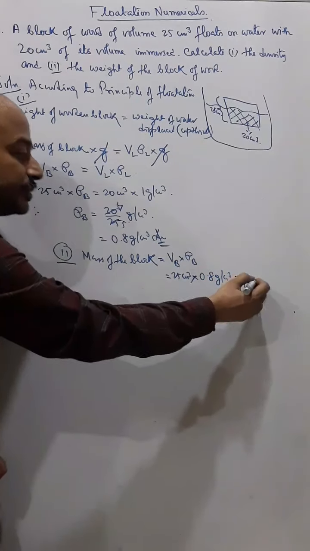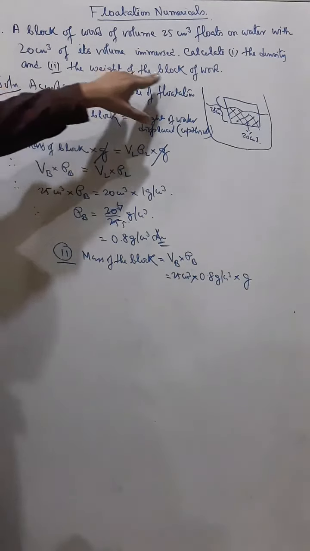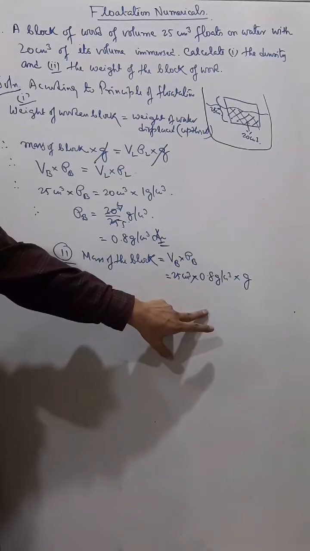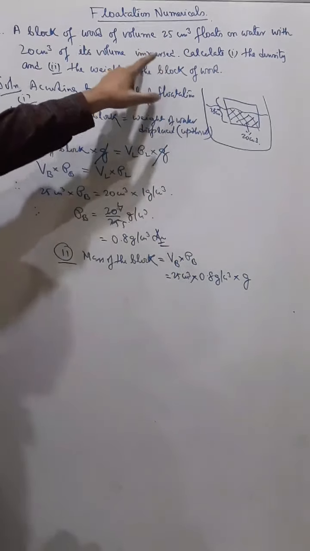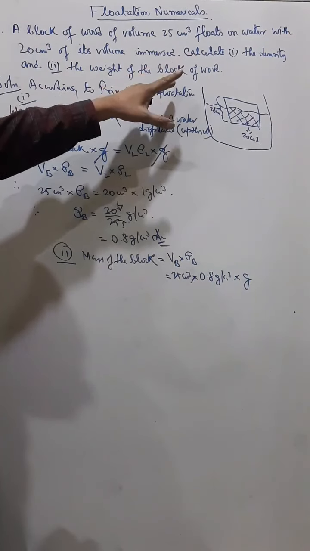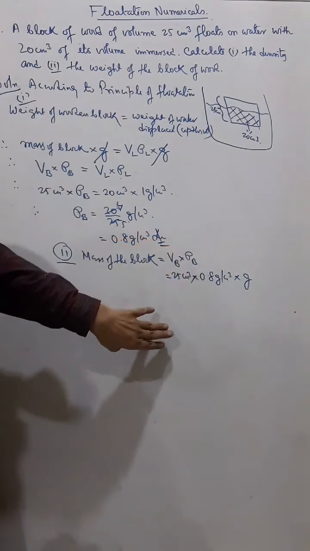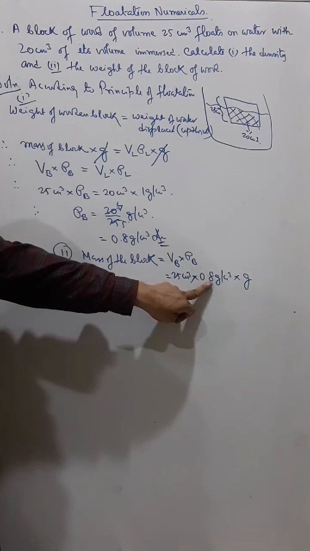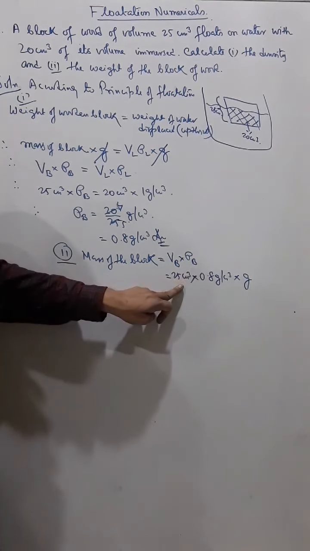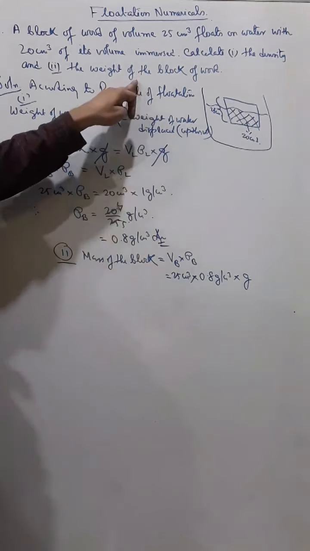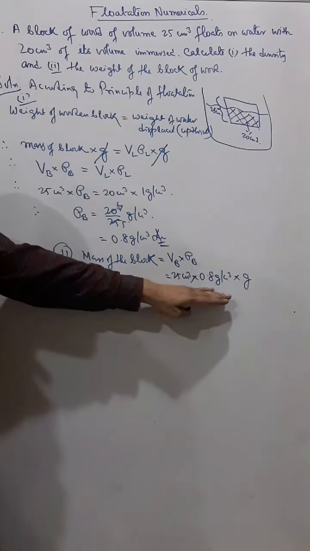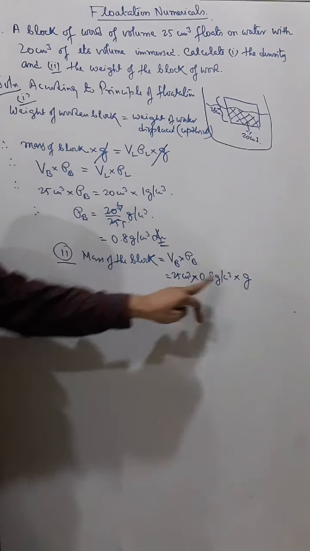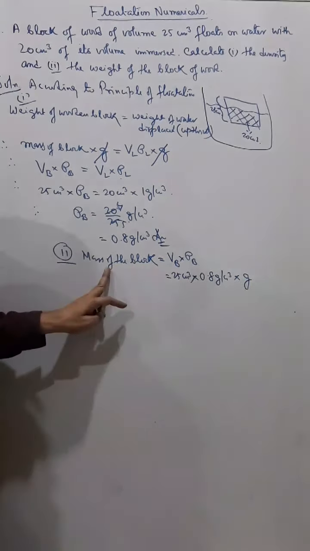Now since you can see in this question the value of g is not given, we can keep our answer in gf, and if g is equal to 10 meter per second square if they give, then I can convert into Newton. For converting to Newton, you have to convert this into SI, kg per meter cube, and this into meter cube, so not necessary. Since g is not given, I can keep my answer in gf. So if I want to keep my answer in gf, I will not put the value of g. But this is the mass.